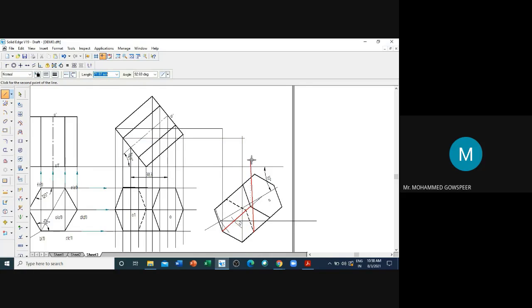This is C1. Next, this is D1. Next, this is E1. Next, this is F1. Okay. Since the base is nearer to the observer, you make it visible lines.